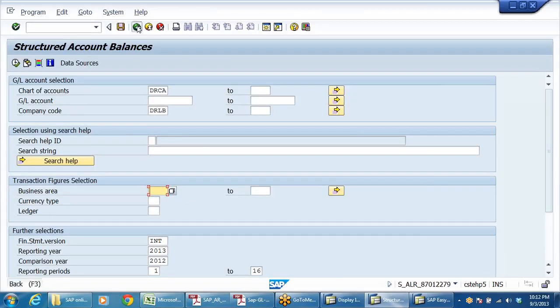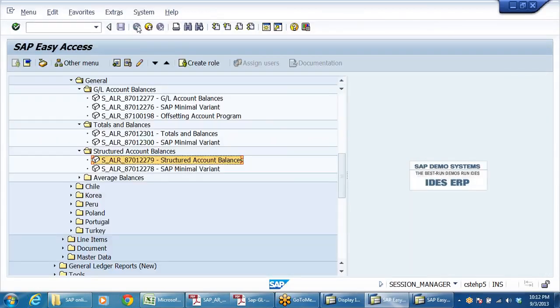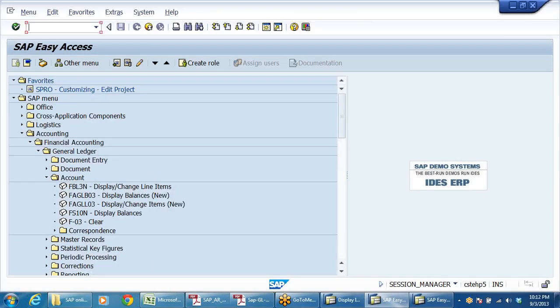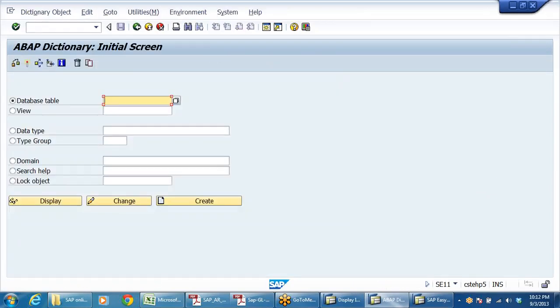I heard there are around 70,000 tables in ABAP. Yeah, 60,000 tables. How will we identify that? Which one do we need? See here, to identify the table, there's a T code called SE11. Go to SE11. Certain table names are there. Say for example, BSEG, financial accounting tables. We cannot change. Click on display.